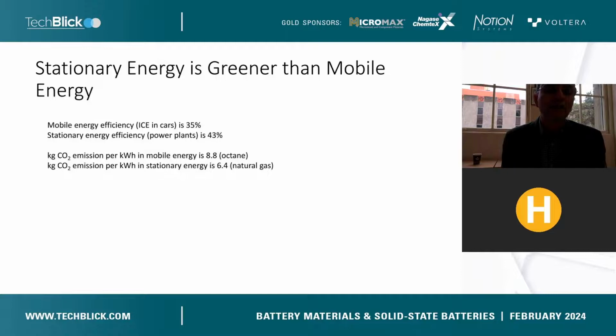The ICE engines have an efficiency of 35%, while stationary power has 43%, and that's just a matter of scale. If you have a small engine, you can't quite operate as